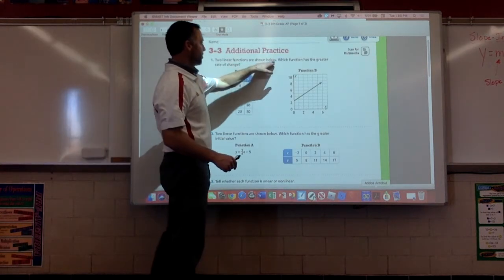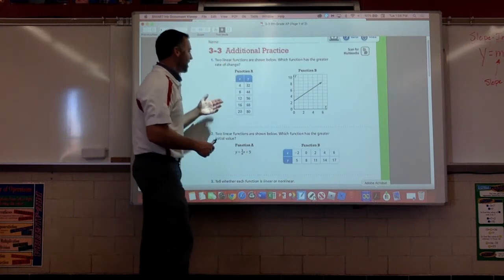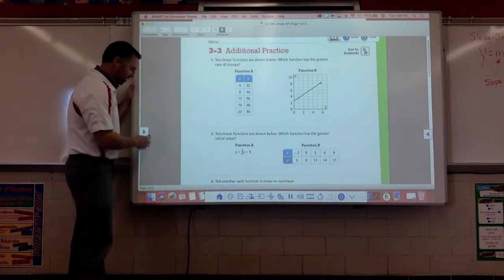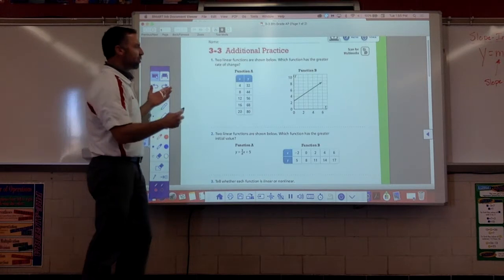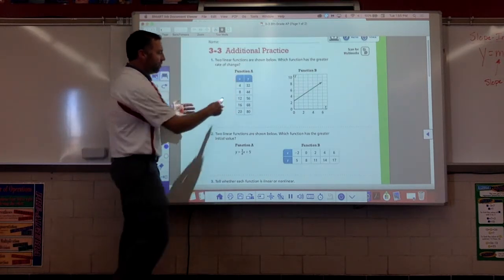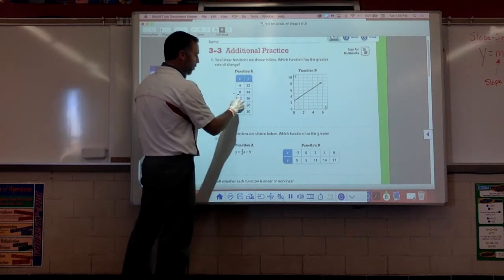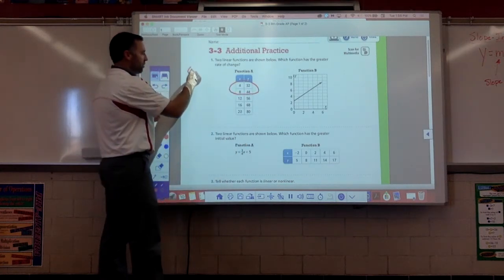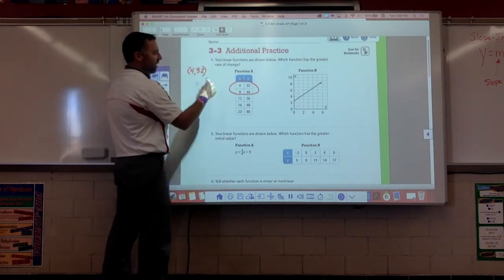2 linear functions are shown below. Which function has a greater rate of change? Well, once again, rate of change is another word for slope. We need to find slope. From a table, choose any 2 ordered pairs. So we'll use the point (4, 32) and the point